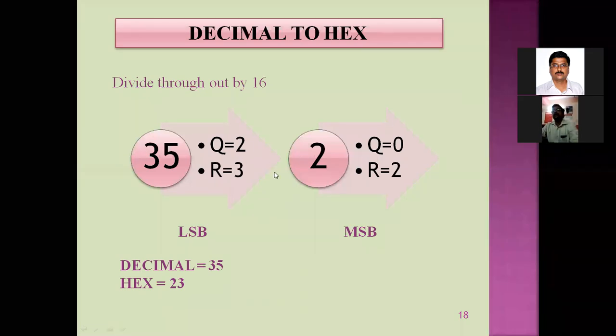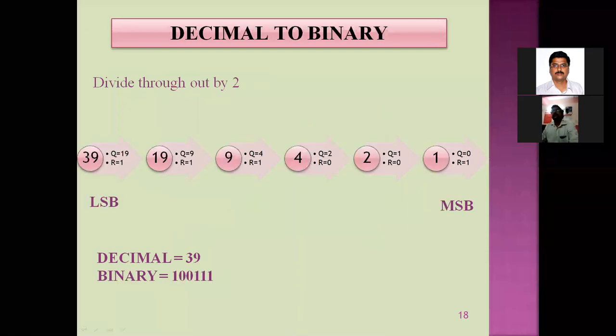Whenever I convert, the same process is executed. Take the given decimal number. In the earlier example, you were converting a decimal to a binary number. In that case, you divide by the base you are converting to. Since you were converting to binary, you divided by the base of binary, that is 2.